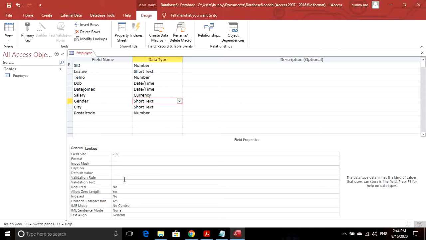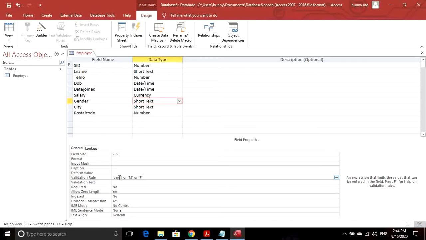So in the validation rule we will write Is Null or M or F. Of course you cannot write simple plain English.